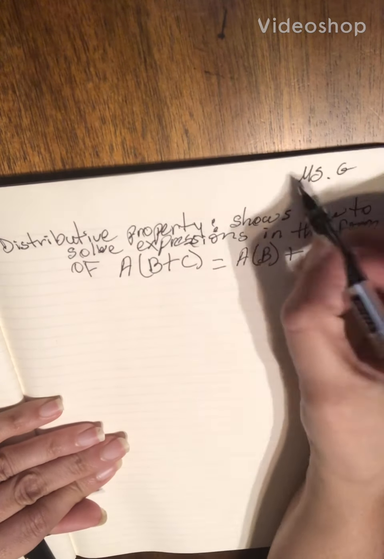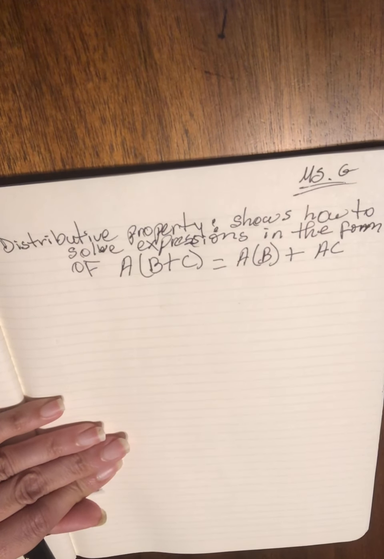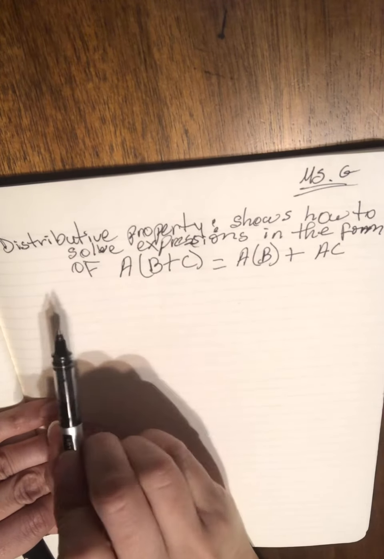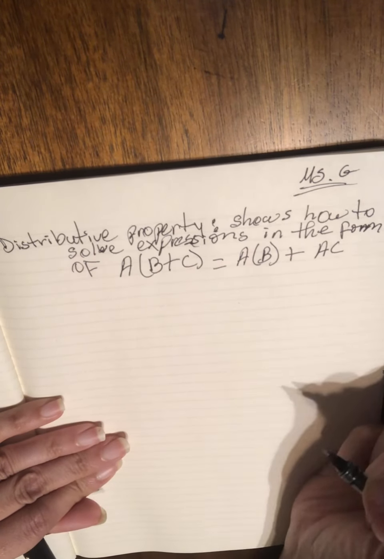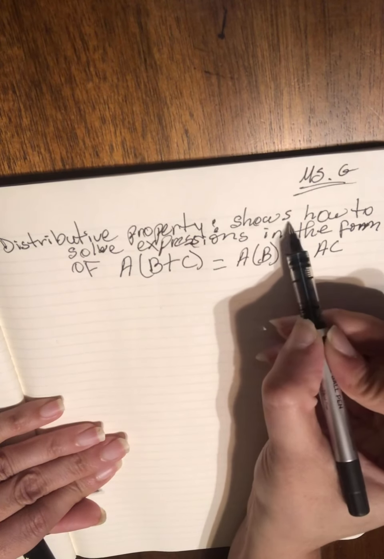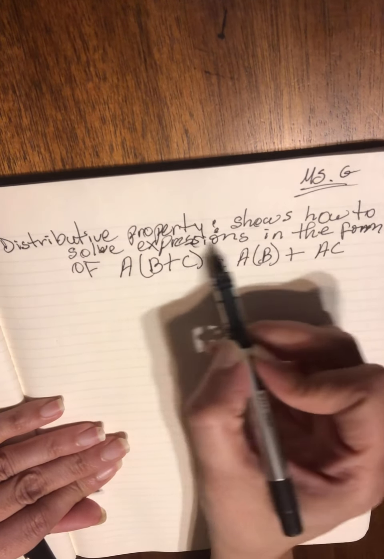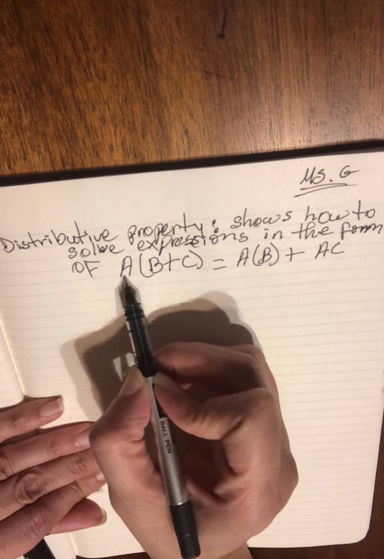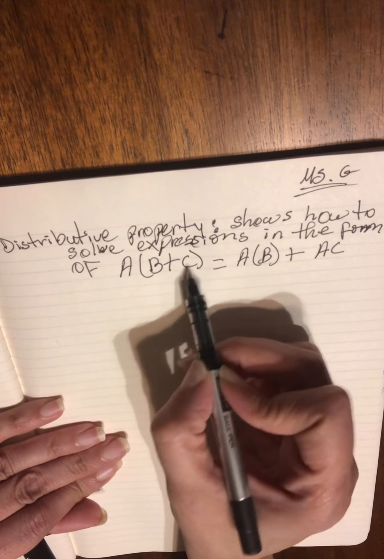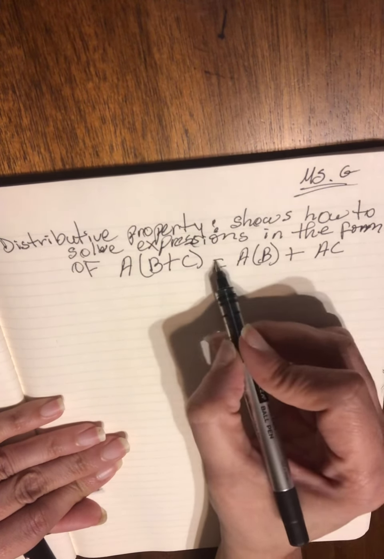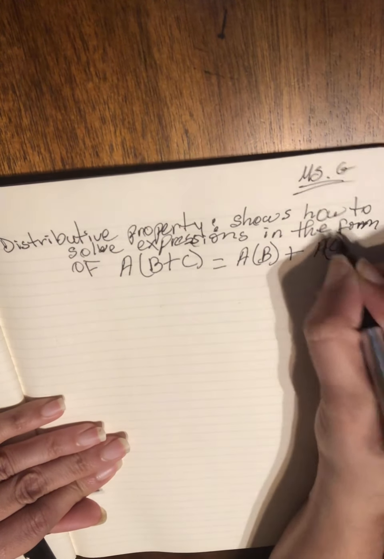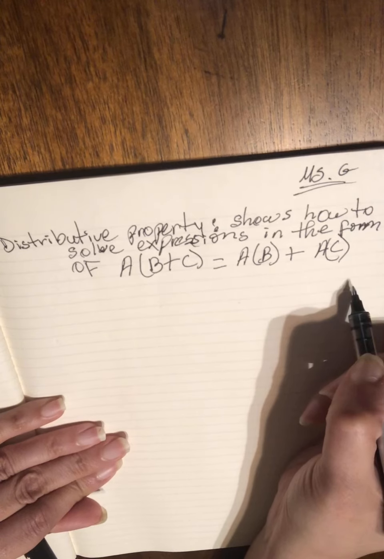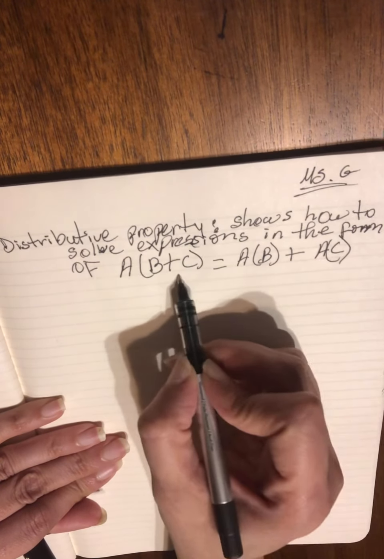Hello everyone, Miss G is here for you, and in today's lesson we're going to be learning about the distributive property, okay? And the distributive property shows us how to solve expressions in the form of A parentheses B plus C, which is the same thing as saying A times B, A times C. Okay, and these two are both equivalent